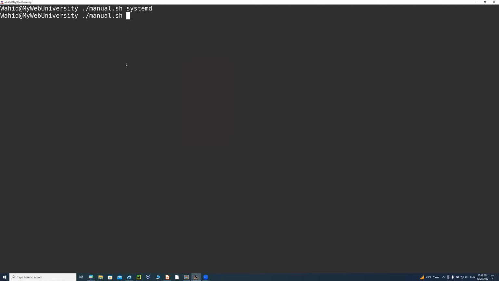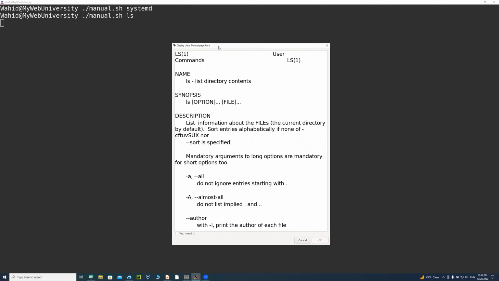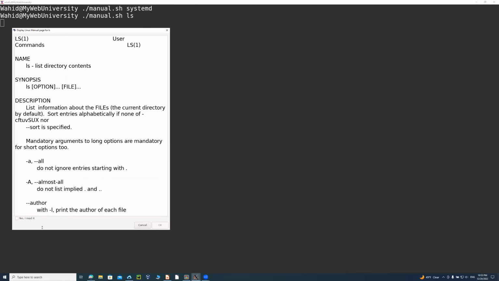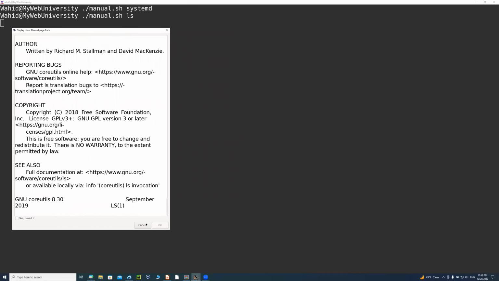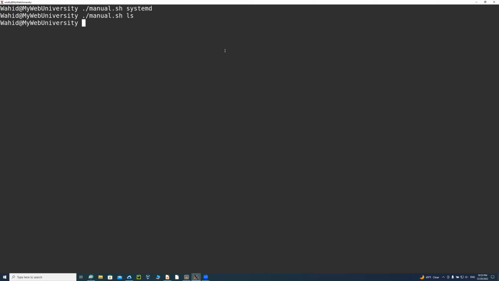So if I do the ls command here, it will just give me the output for the ls command. And at the same time, it will create the file and then clean up after itself. And you can see that it is just a little bit more information. So now you can just move this one up and down. But if I do this one with -S